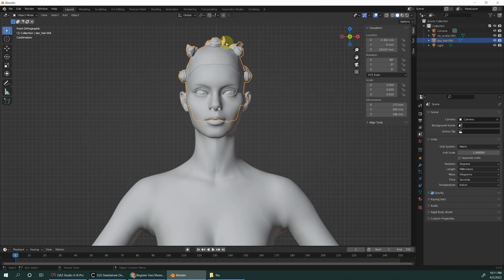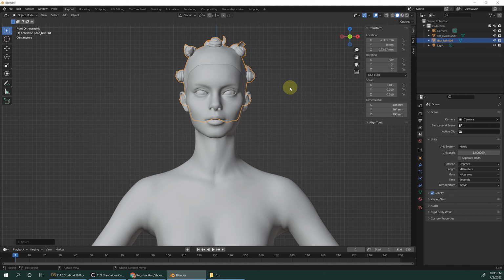Click S to scale, and click X to lock the scale just for left and right. You can stop when you feel it's perfect.